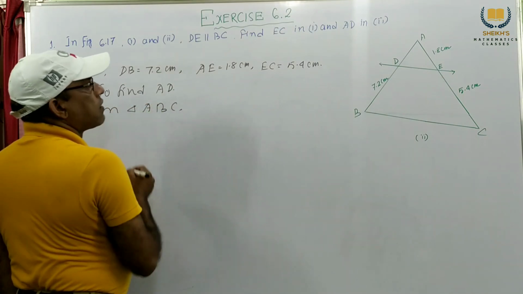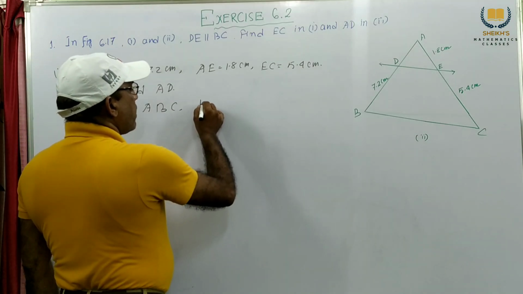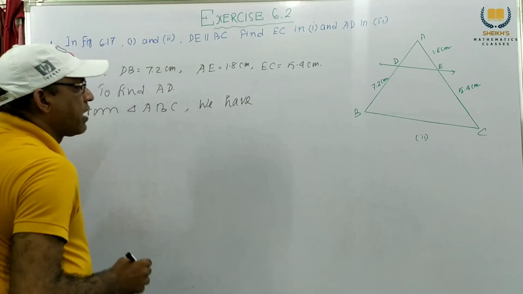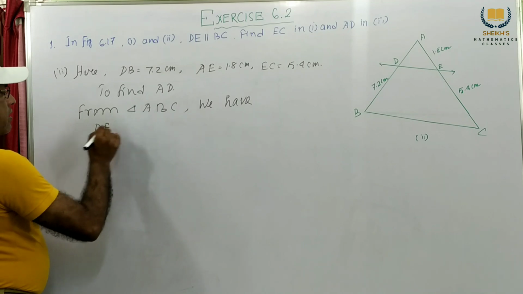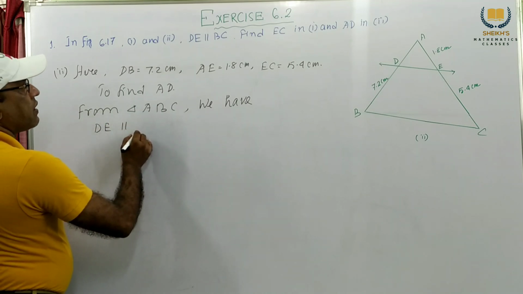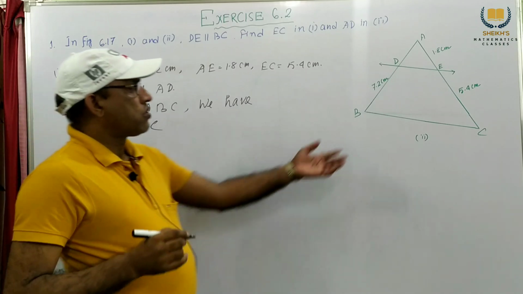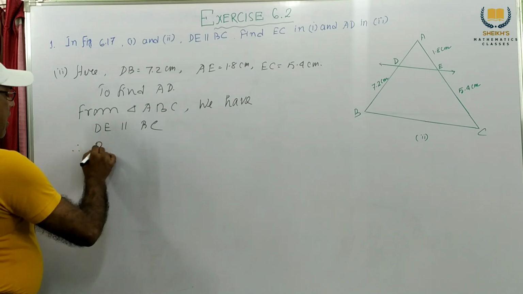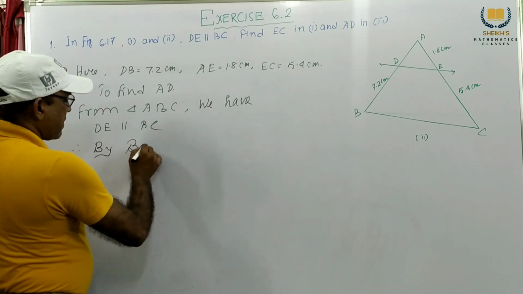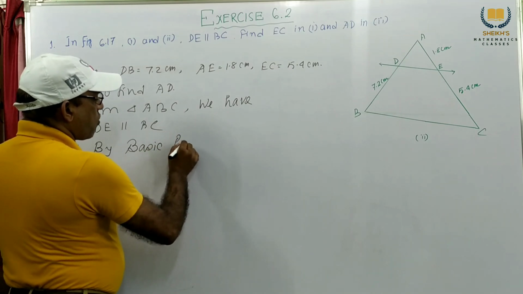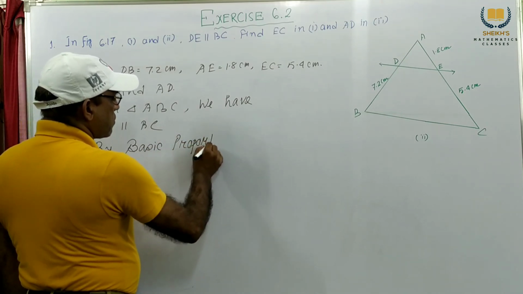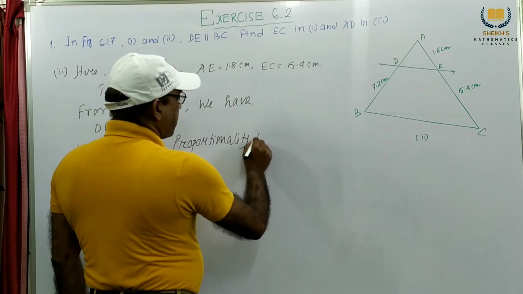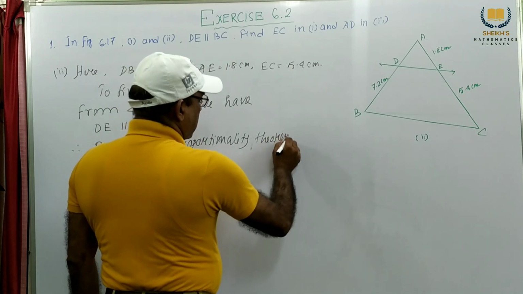from triangle ABC we have DE parallel to BC. Therefore, by the basic proportionality theorem, we have